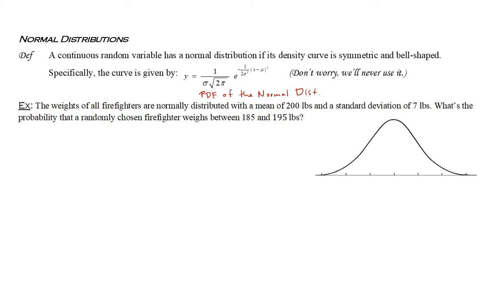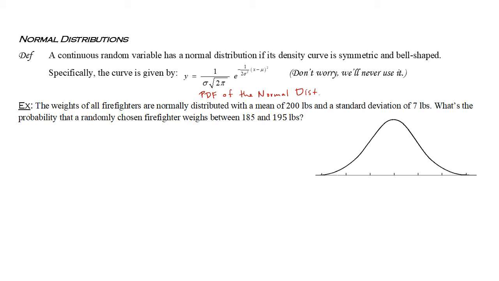But with that in mind, we can imagine if we're looking at a particular normally distributed random variable, we can try and find the areas associated with it under the normal distribution curve to help us solve probability